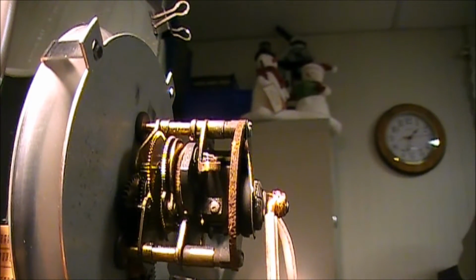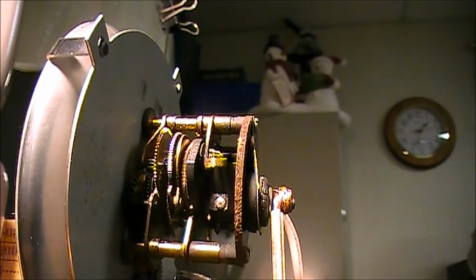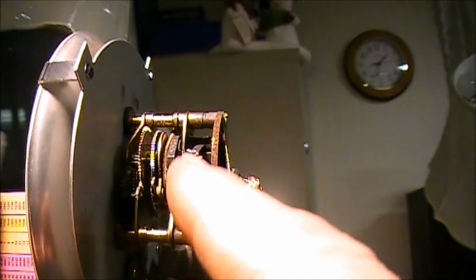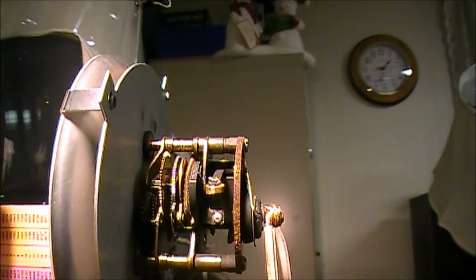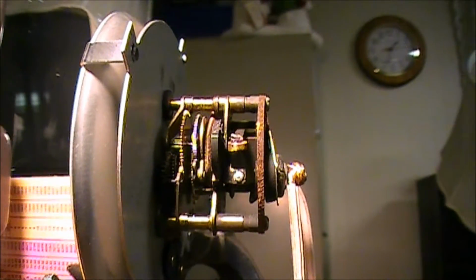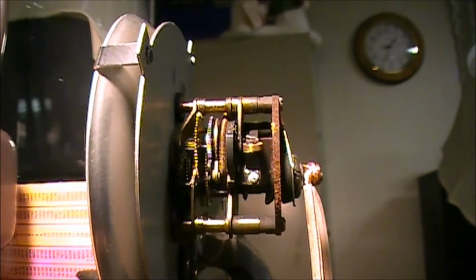Now, the $64 question. I'm pretty sure, I'm not positive, but I'm pretty sure that the time that it takes that piece to get back up to this piece and touch that is supposed to be 60 seconds. Like I said, I'm not 100% positive, but I think that's the way this thing is supposed to work, but I don't know. Anyway,